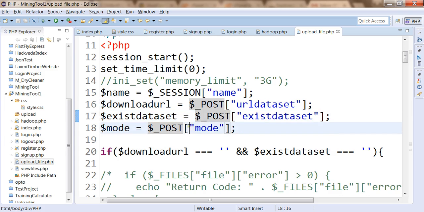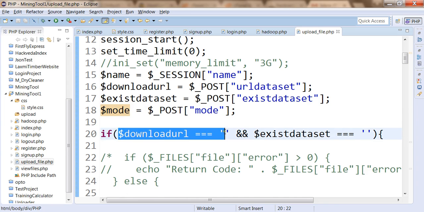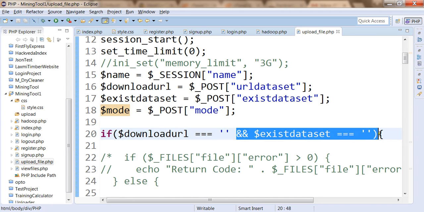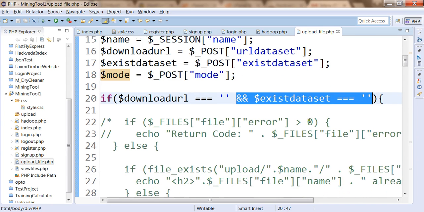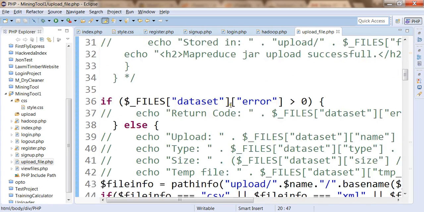Then we are going to receive a post variable mode, and we are going to store this post variable mode into $mode. Now we are going to check if there is no download URL and there is no existing data set available. If they both are null, then we are going to display an error